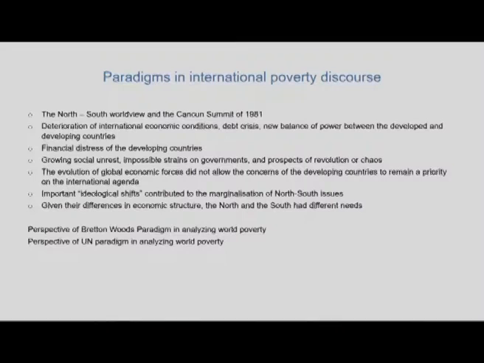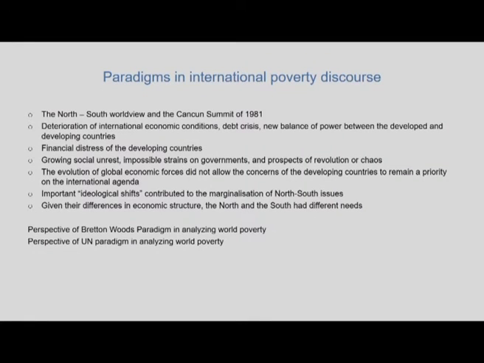On the one side, the Bretton Woods institutions consider poverty as a residual, something which is declining, something which is waning across geographical regions in different countries of the world, whereas the UN paradigm looks at poverty and inequality as being on the rise. Because of globalization and its disparate effects on different countries across the world, it looks at poverty and inequality